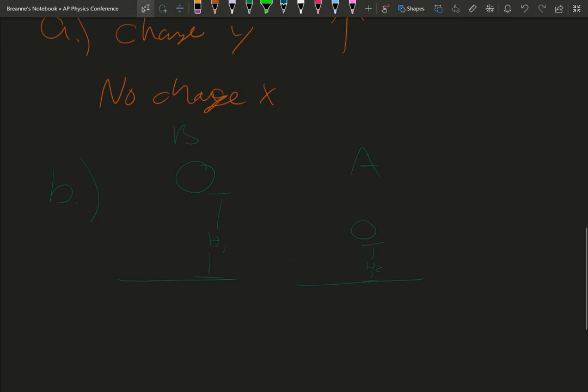So a ball of mass m is released from rest at height h1 above the ground. After the ball reaches the ground, it bounces and travels to height h2 above the ground, as shown in the figure. In a clear, coherent, paragraph-length response, this is one of those you have to write a paragraph for, that may also include equations and drawings, explain, using the conservation of momentum and conservation of energy, why your h2 is less than your h1. So this is where you get